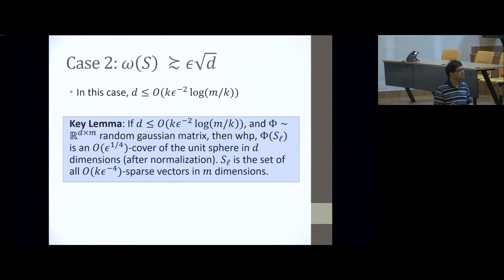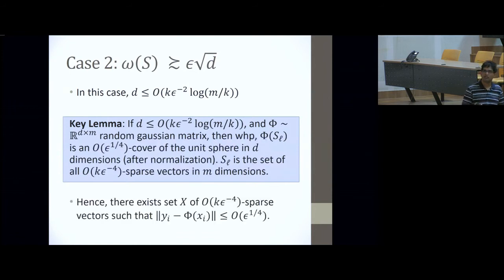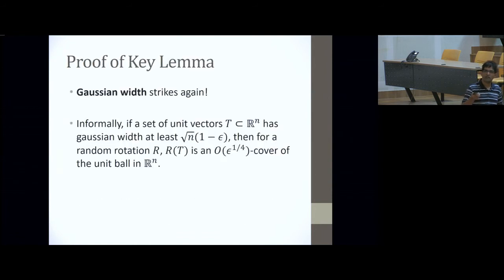Yeah, so the random rotation is also RIP, so you can sort of put it together with. Sorry, I can't hear you. So you're talking about here, right? So what's the question? If you have large Gaussian width, then this says that random rotation is going to rotate it into a cover. Without the rotation, I don't know how to prove.